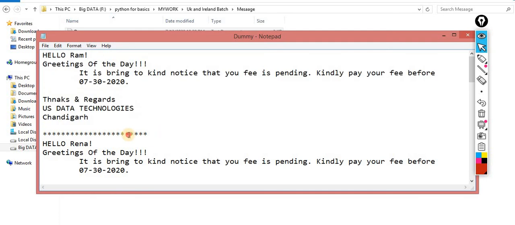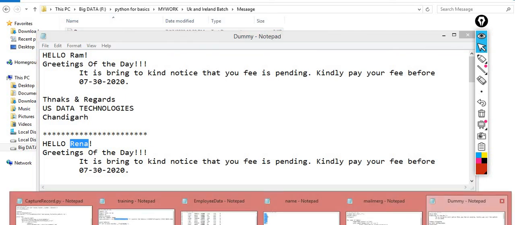No, what you can do, whenever this comes, that means again you are getting the name. Here the logic will be a little diplomatic. You have to create a logic for it. So whenever you get the star, and after that you get the hello, that means you have to split it according to the space and find this name. According to that name, you are supposed to write the complete step which I told you earlier. The scenario is going to be the same.